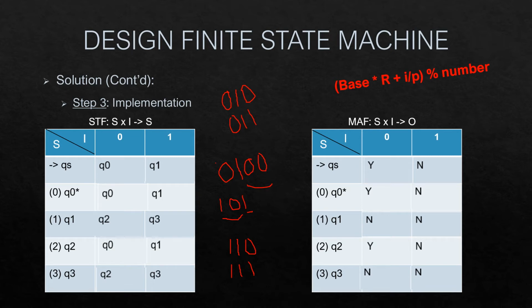I hope this is not so confusing since we are dealing with the binary number system. In the previous video we were dealing with the decimal number system, so here there is going to be a little bit of difference. In case you find it difficult to understand this particular system, you can always turn to this formula and design the table. We will be seeing the formula usage very shortly.